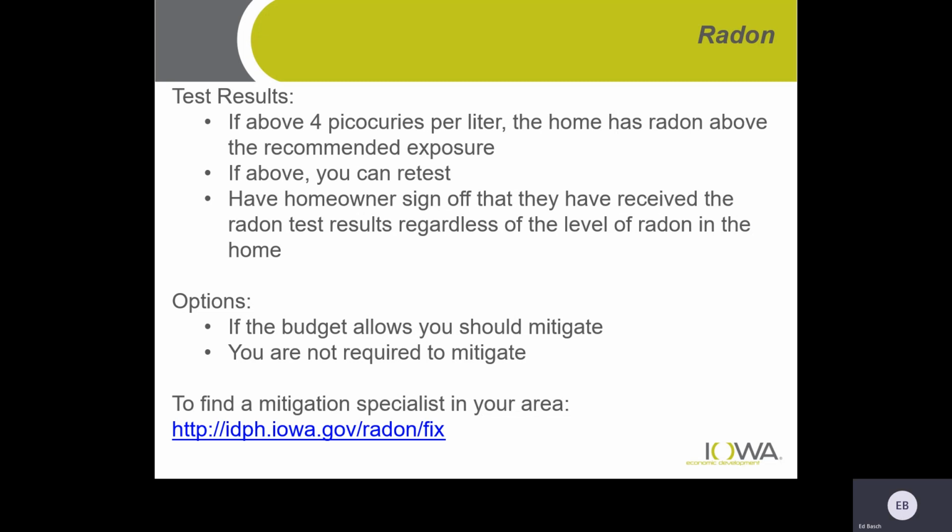If you have money in your budget for the rehab, you should mitigate, but you are not required. But you are required to let the homeowner know what the findings are so that they are aware. And here is a link to Iowa Department of Public Health to find a mitigation specialist in your area.